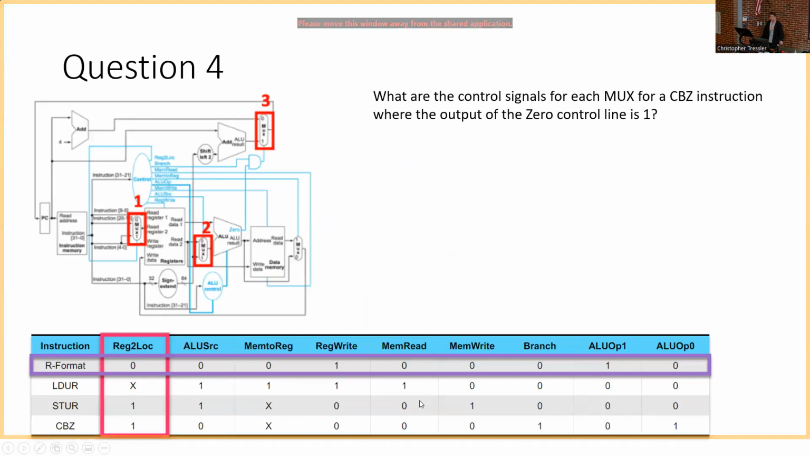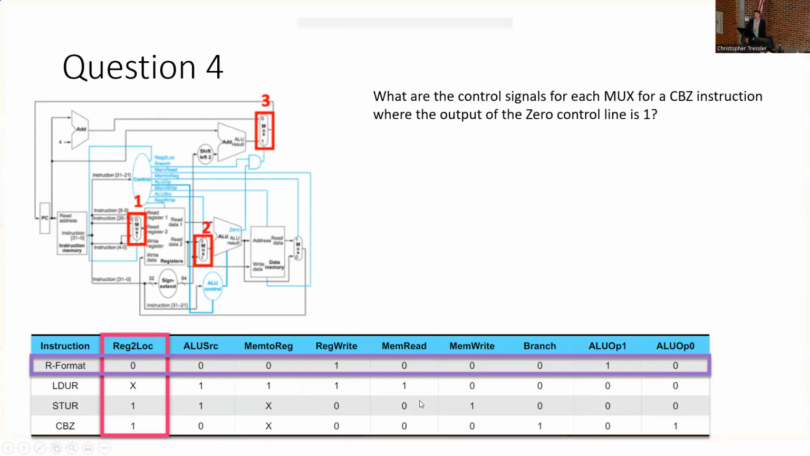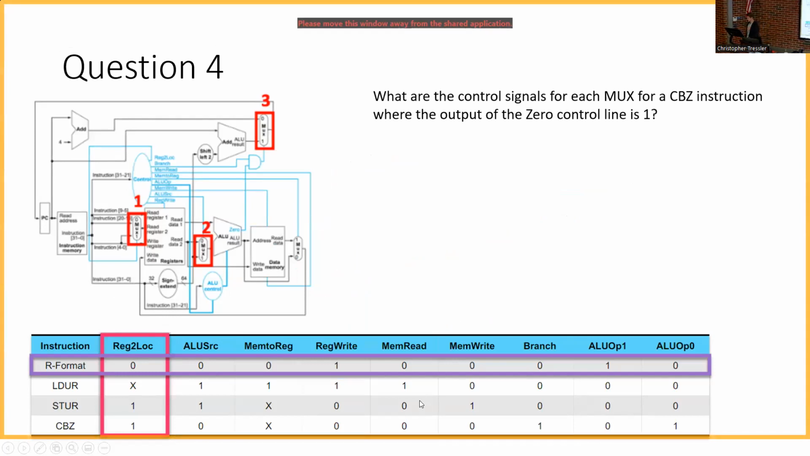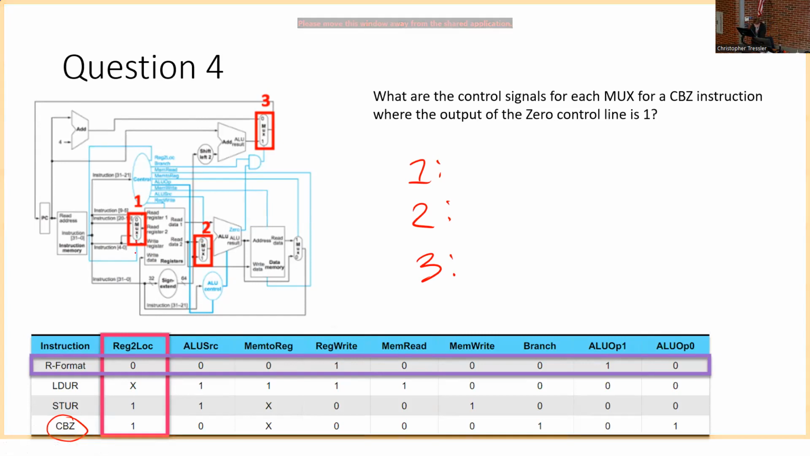Okay, so now here's another type of problem. It says, what are the control signals for each mux for a CBZ instruction where the output of the zero control line is 1? First of all, we're going to move down here and see that we're dealing with CBZ. Then for each mux, we have this mux right here: 1, 2, 3. Now, mux 1, if we follow this,